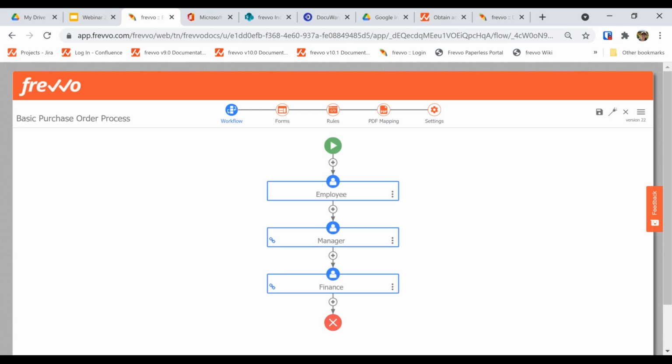So before we get to submissions, I just want to show you a few of the features in the workflow that we're using today. This is a 3-step workflow. In the real world, this would route dynamically to the employee's manager and then ultimately to finance for processing. For today's demo, we have this set up to function as a screen flow, so we'll see all 3 steps on the screen, just for the speed of being able to demonstrate this